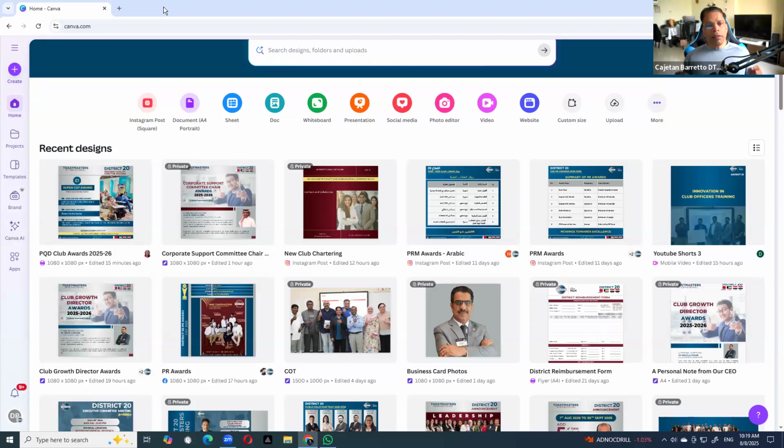Once again, your first choice is to decide whether you will train with the free account or the Pro account. The second decision is whether you will teach them how to create a poster from scratch or use templates. You can choose your training method based on what you think is best for you. Now, what I'm going to do is show you.